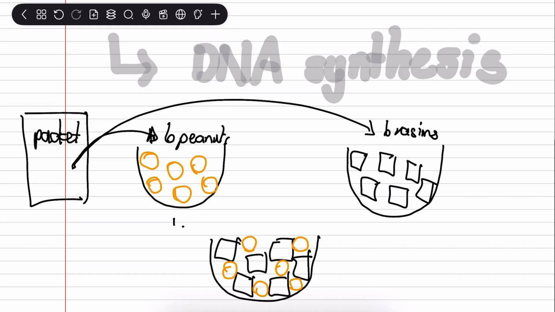So that my final product then is 6. So even though my packet has tens and thousands of peanuts and raisins, I will not know how to